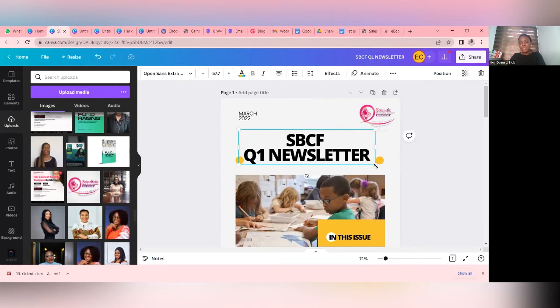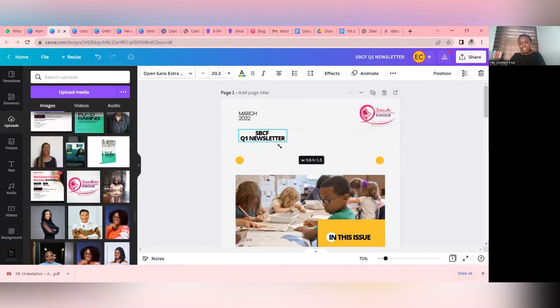Then I want to reduce the text. I come here, just right here to the edge, and I can pinch it in or pinch it out. So that's how you reduce a text. But if you want to go the longer route, you can just come here and keep reducing the text number. But it makes it easier and sweeter when you're doing it this way. So you want to push this